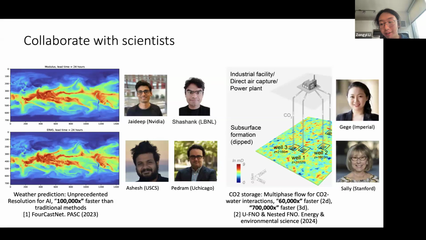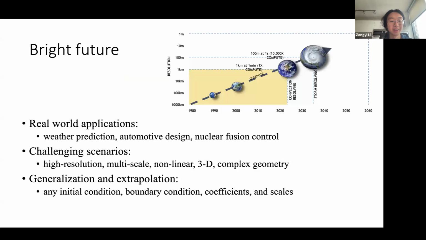And for all this work, we have been collaborating with scientists and experts. They're really the key ingredients behind all the projects. So the key trick is to use the right machine learning models and collaborate with the domain experts to deliver the right answer to the right questions.